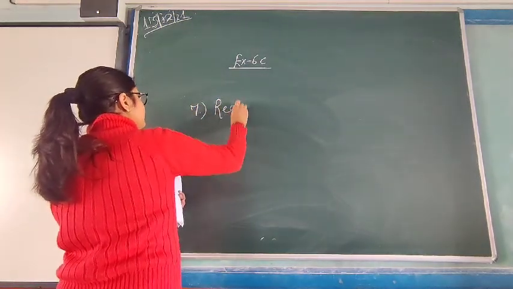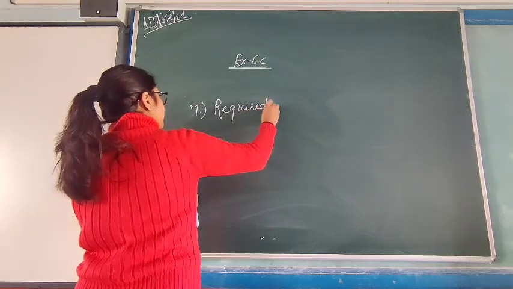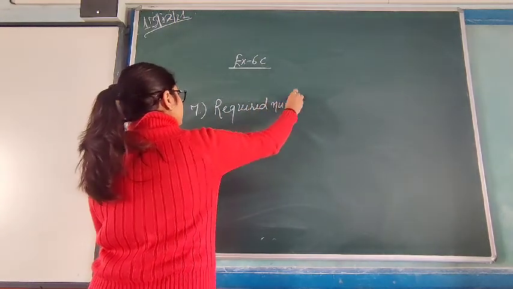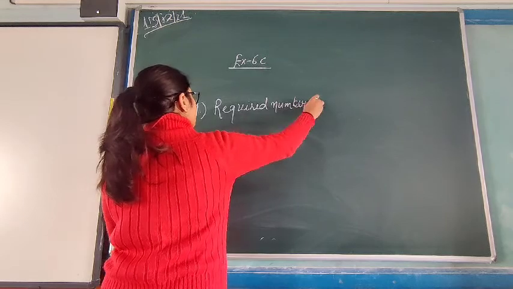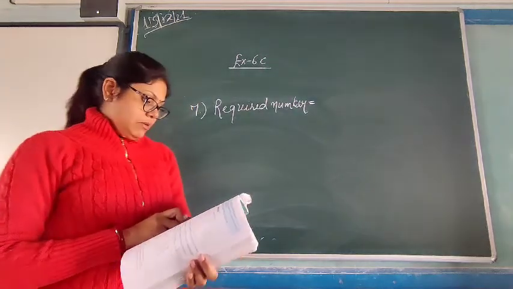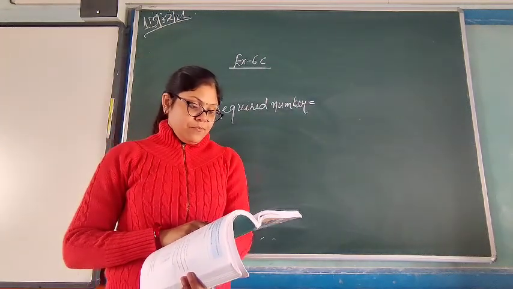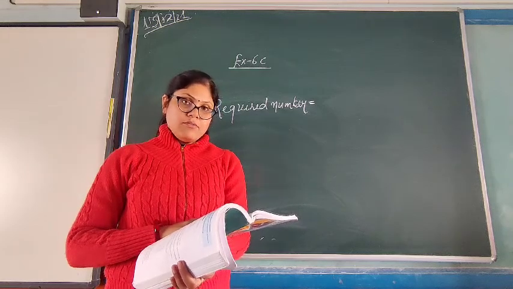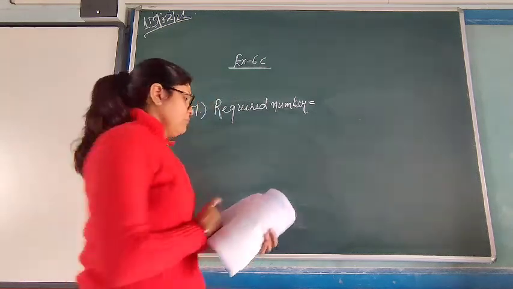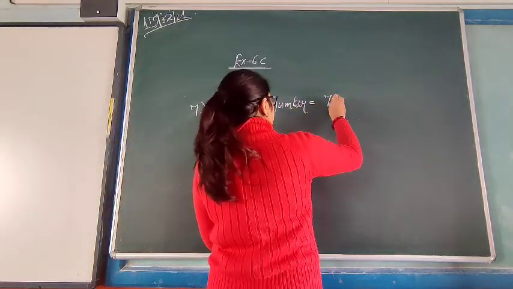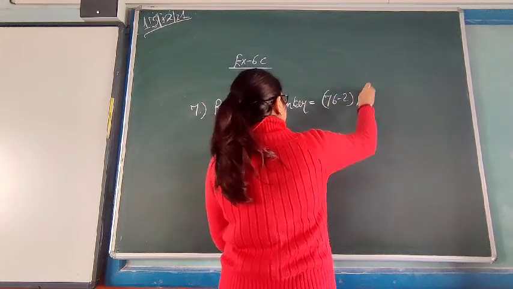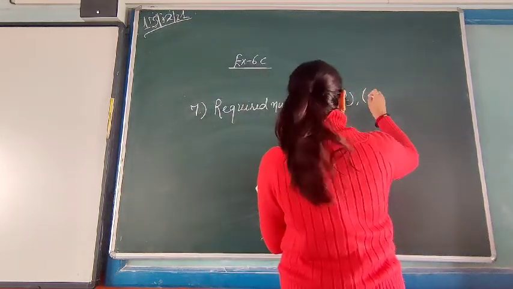Required number is equals to, what will be the numbers? Here 76, remainder is 2. So 76 minus 2, comma 114 minus 3,